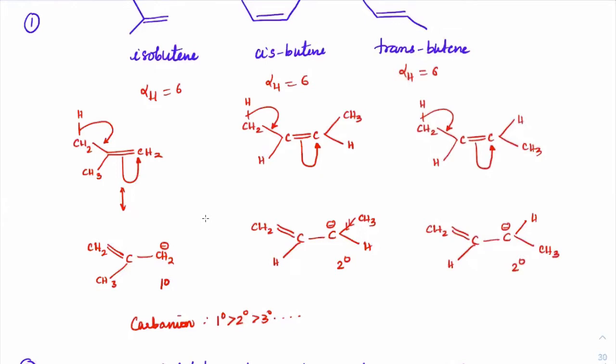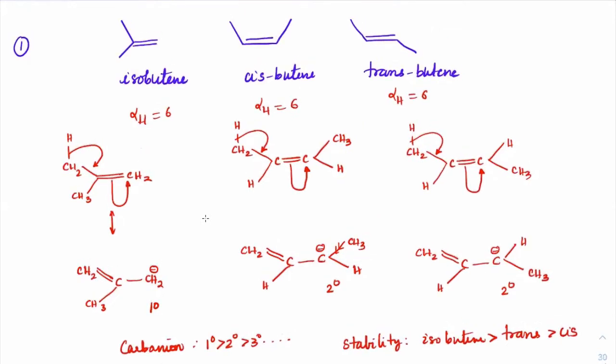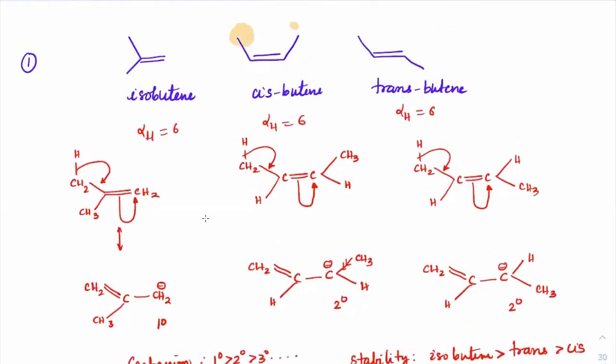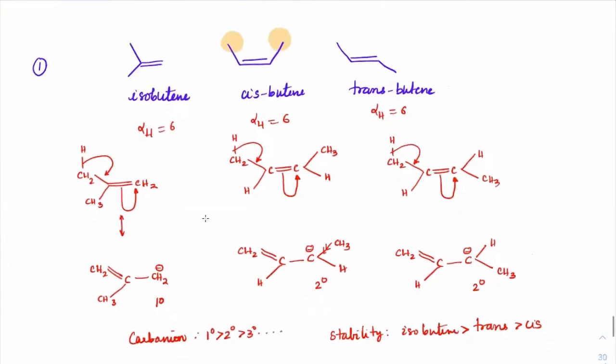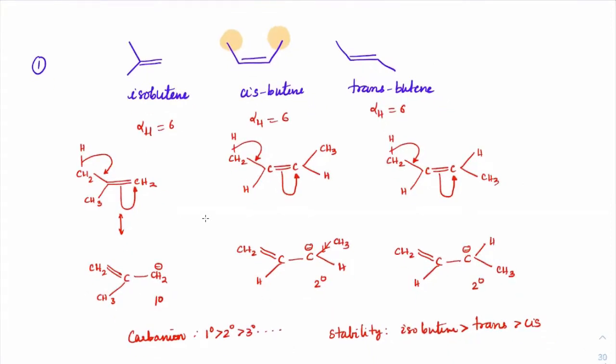So now you can tell me what should be the stability order, everybody. The stability order would be isobutene, right? So more stable, then trans, then cis, because between cis and trans we decided on the basis of van der Waals repulsions. Here cis will have methyl-methyl van der Waals repulsions, which are otherwise absent in trans. Okay, everybody, I hope you understood isobutene and how it is. Now the same logic you have to apply for meta and para xylene also, and tell me which is more stable. Okay, everyone, so first make a note of this one. Next we'll do para and meta xylene.